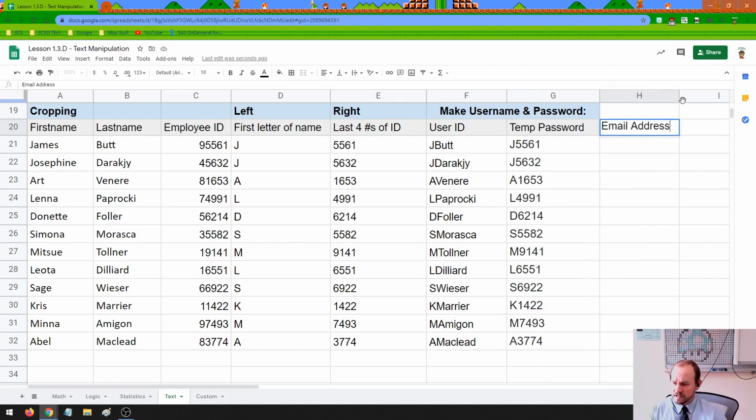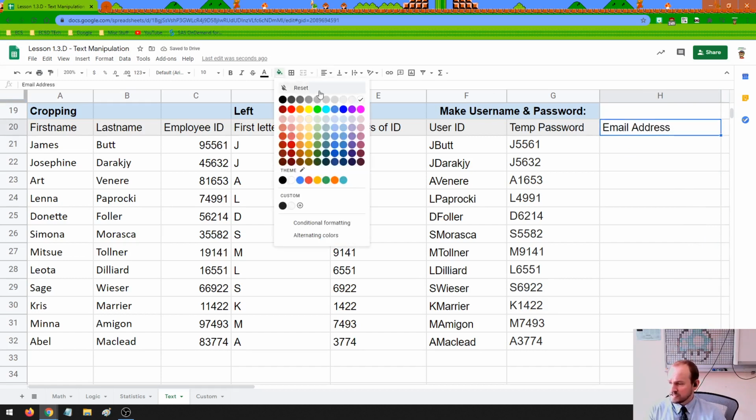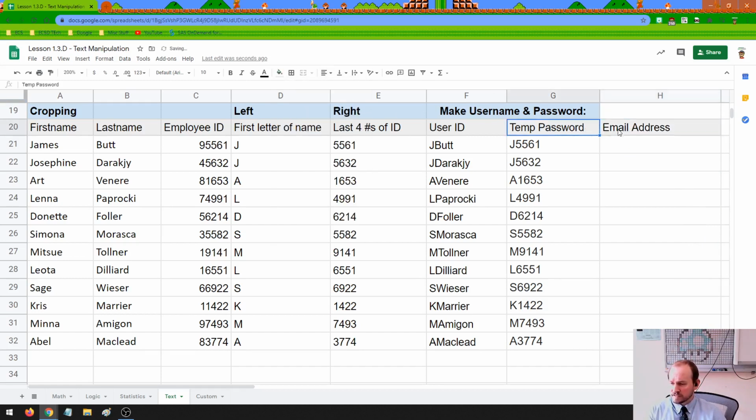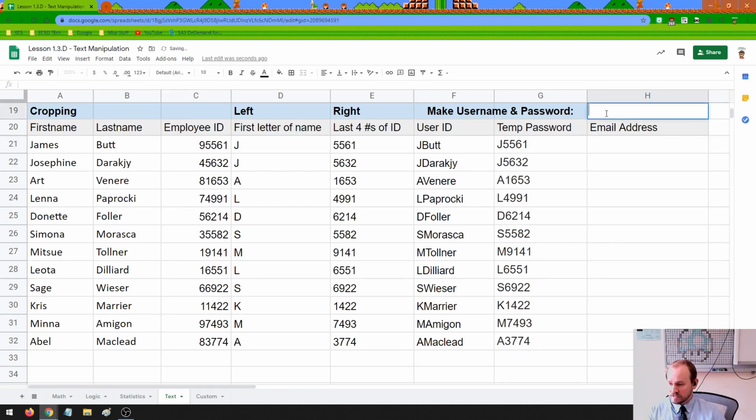Let's add an email address for each of these employees. All right? And again, this is not something where I'm trying to teach you how to set up an entire Office system. If you use a temporary password that's this easy, it's going to really not be good. This is more of us just trying to play around and using simple examples to design items. So now, what is their entire email address going to be? Well, I think we need to decide that up here. It should be, let's say it's at